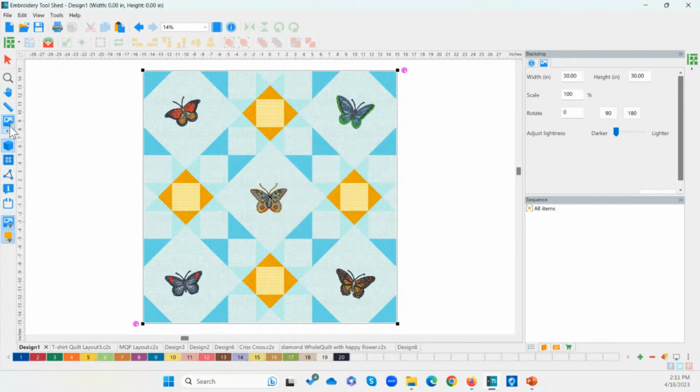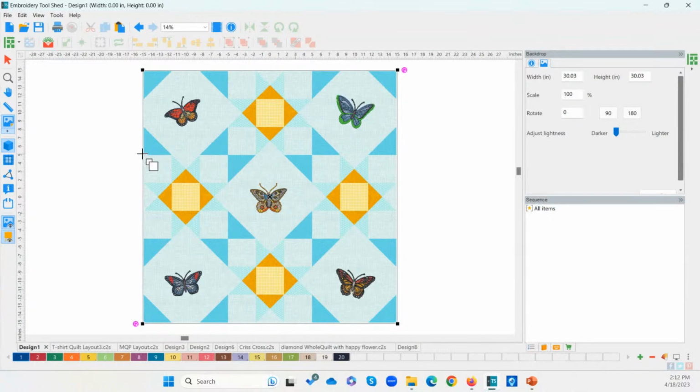So now let's do it on the quilt top. I'm going to choose Define Scale. Now I can either do the entire quilt from here to here, and I could tell it that this is 30 inches across, and it will make those adjustments, or I can just measure one block. So let's do that. So I'm going to do Define Scale. Now I'm going to measure this